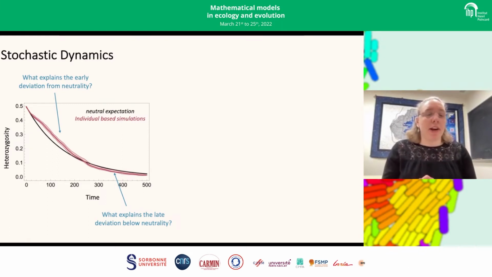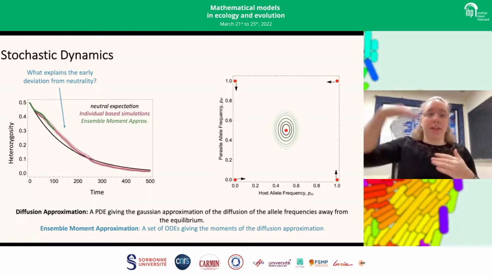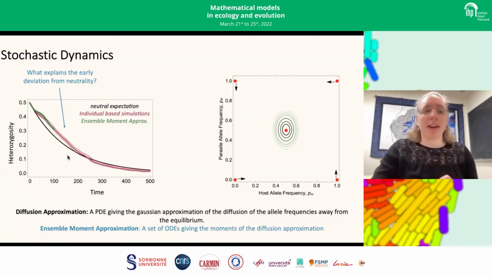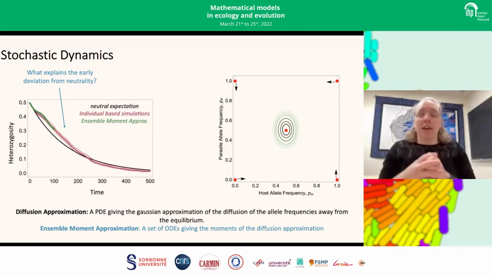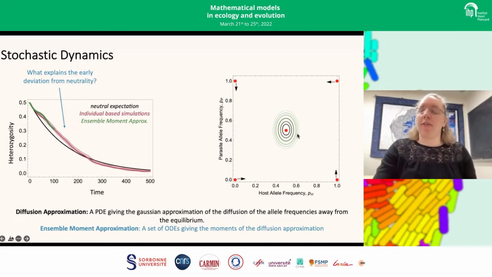So what's going on here? This is not what we may have expected given Haldane's hypothesis. So first of all, let's talk about this deviation above the neutral expectation. To study this, we developed ensemble moment approximations for the dynamics. What do I mean by an ensemble moment approximation? Well, this is closely related to a diffusion approximation. So what we're going to do is model the diffusion of alleles in this,